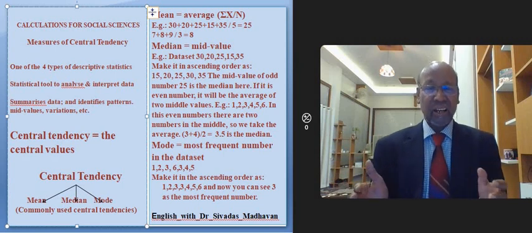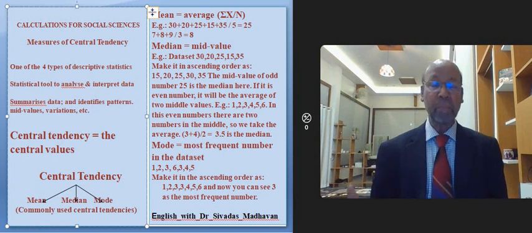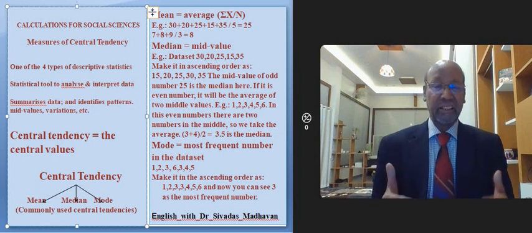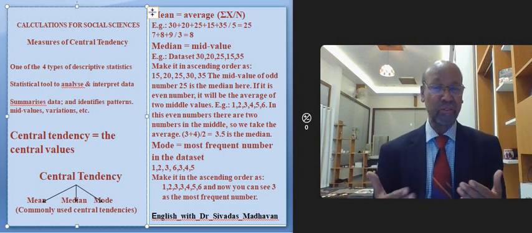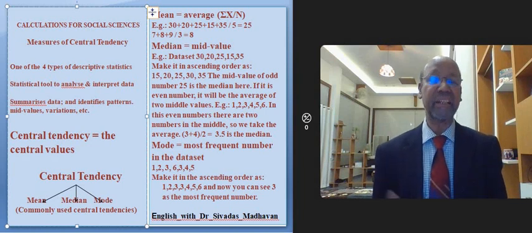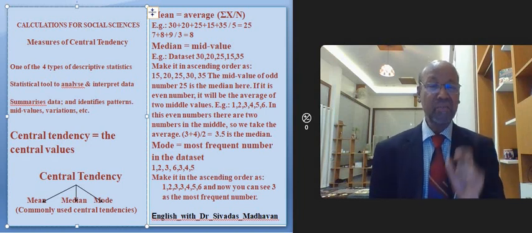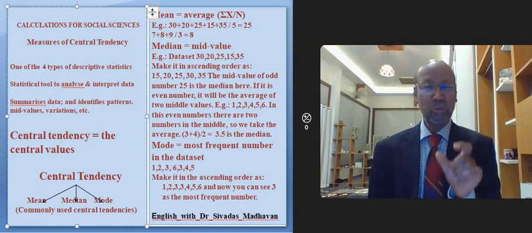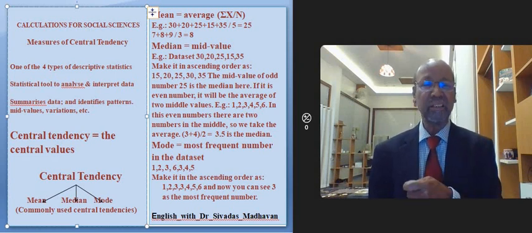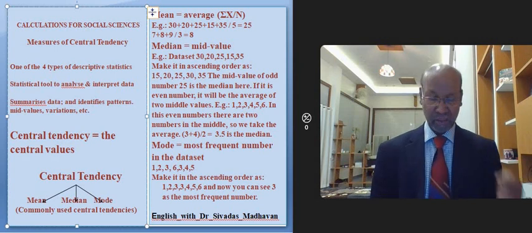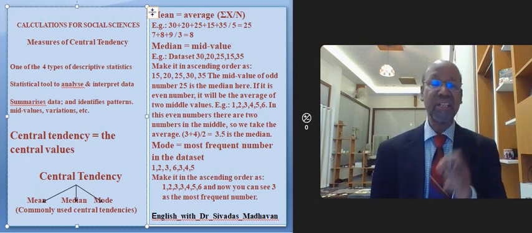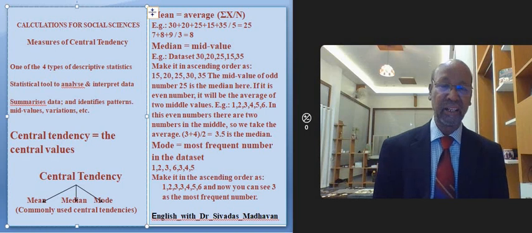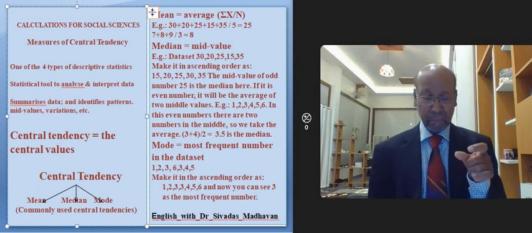If there are 4 or even numbers, then the way to find out the median is slightly different. If it is an even number, we take the 2 middle numbers and take the average of them. For example, if it is 6, 7, 8, 9, we take the middle ones